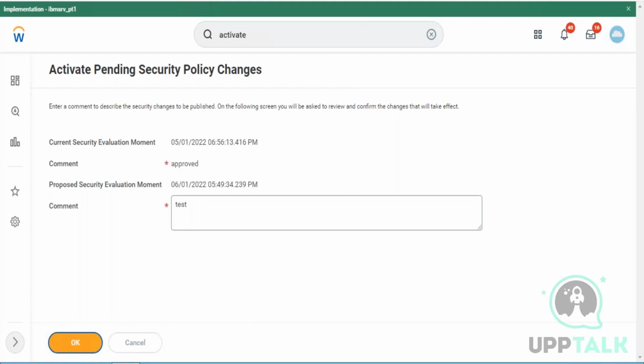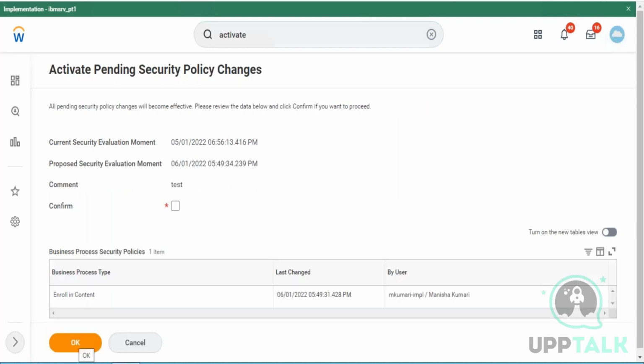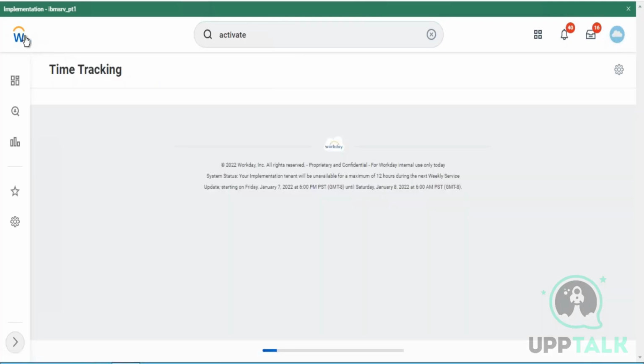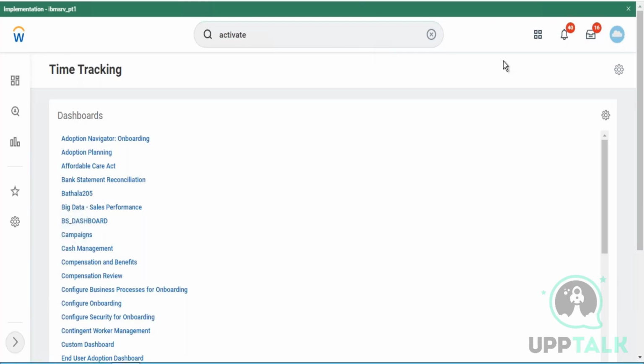So to add required security, now employee will be having access to enroll into the course. Earlier, since the security was not defined, the employee was not able to see it, nor the learning administrator. The user which I'm using is a kind of learning administrator as well as a learner. Then no one is able to see that enroll button. Now I think the enroll button should have been enabled because we have configured the BP. So now go to